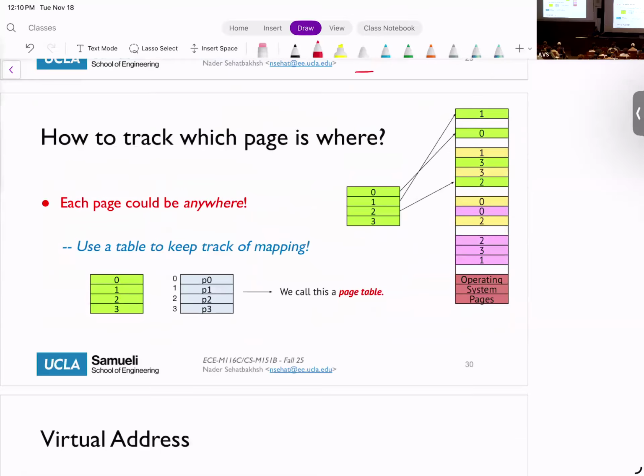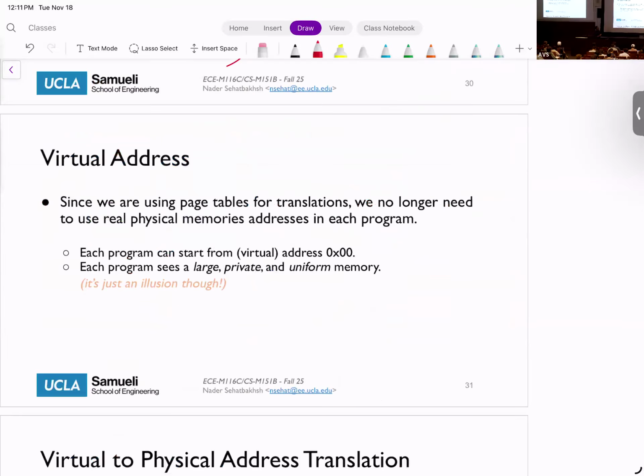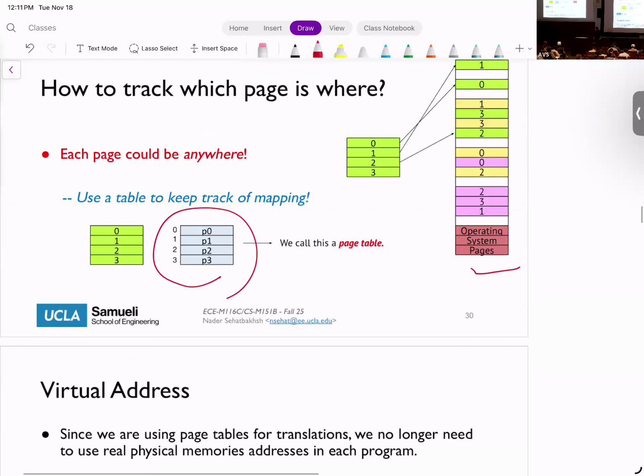So this is called a page table. This table of remembering does not store any content, right? It's just storing the pointers to the pages. The actual content is stored in the memory. This is just telling you where to go in the memory, so it's just storing some addresses. Think about it as some sort of an address book, right? You check the address book, and then you go to that address to bring the data that you want. Since there is this sort of translation between the processes and the actual pages,